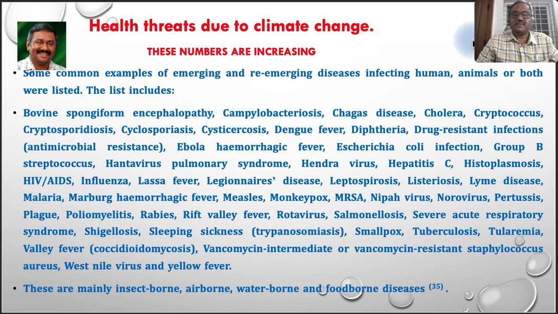Some common examples of emerging and re-emerging diseases infecting humans, animals, and both were listed. The list includes bovine spongiform encephalopathy, campylobacterosis, Chagas disease, cholera, cryptococcus, cryptosporidiosis, cyclosporiosis, cysticercosis, dengue fever, diphtheria, drug-resistant infections, that is antimicrobial resistance, Ebola hemorrhagic fever, Escherichia coli infections, group B streptococcus, hantavirus pulmonary syndrome, Hendra virus, hepatitis C, histoplasmosis, HIV/AIDS,